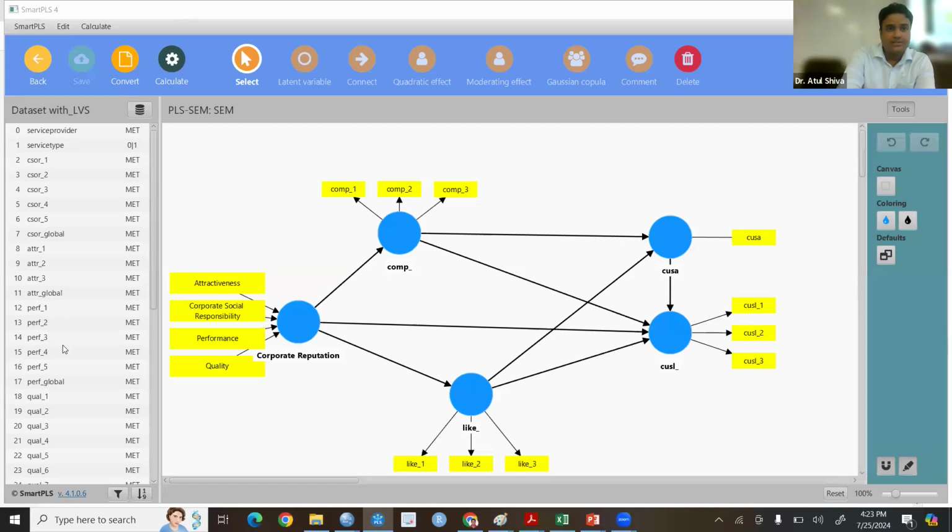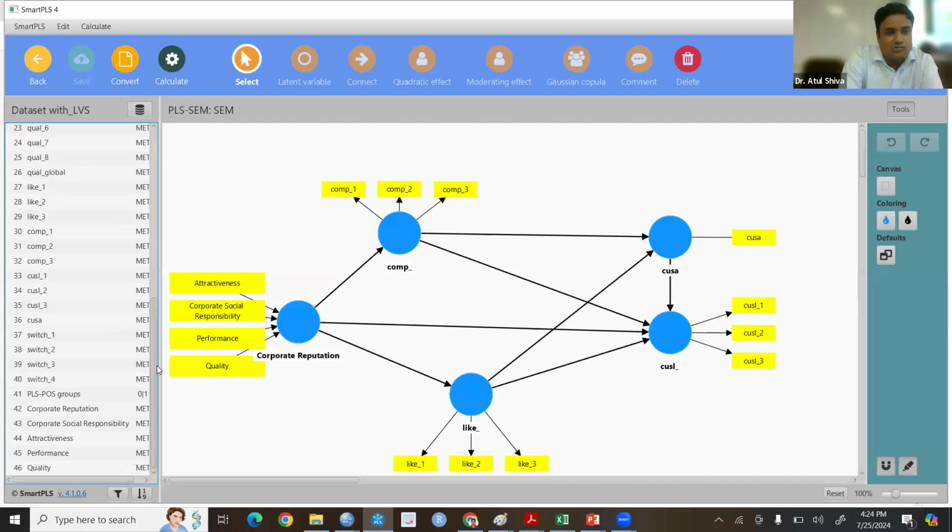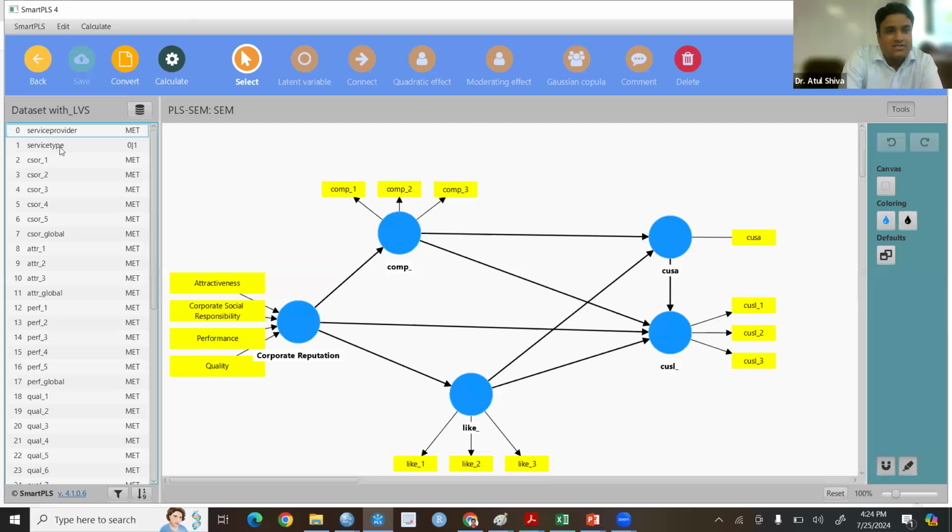There are some queries also, मैं क्वेरीज को भी लेता हूँ। For example, corporate reputation leads to competence, competence से customer satisfaction बनती है और loyalty बनती है और likeness भी है बीच के अंदर। And I want to check whether my control variable is significant or not। मैंने 10 इकट्ठे करे हैं, लेकिन एक एक करके चेक करना है। तो let us say my control variable is service type। ये रहा, प्रीपेड और पोस्टपेड सिम होते हैं ना हमारे पास। तो 0 का मतलब है प्रीपेड सिम, 1 का मतलब है पोस्टपेड सिम, या ये जेंडर है। मैं चेक करना चाह रहा हूँ कि क्या ये जेंडर मेरा कंट्रोल वेरिएबल है सिग्निफिकेंट।